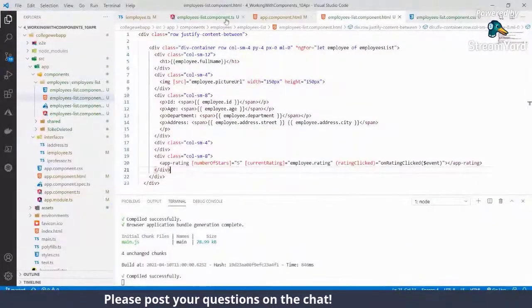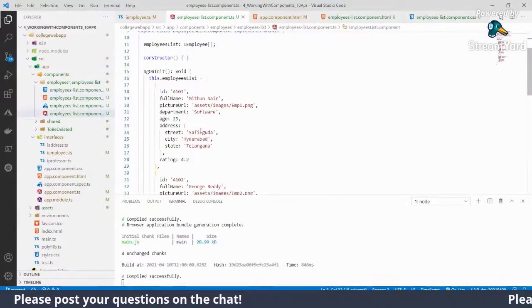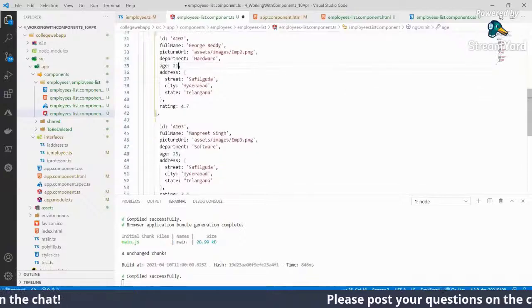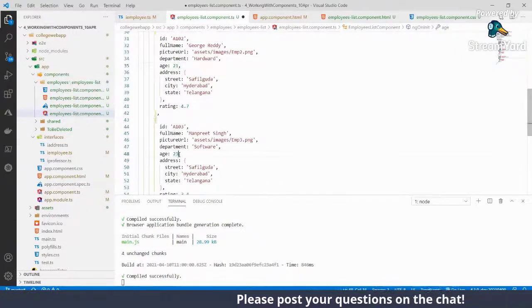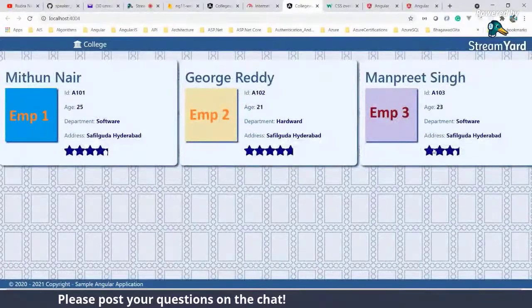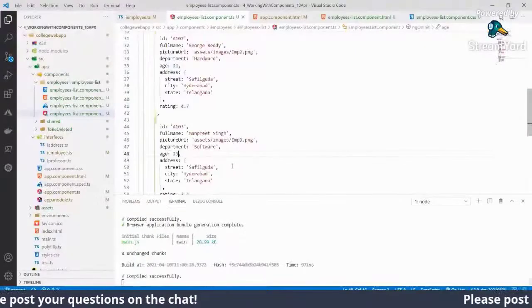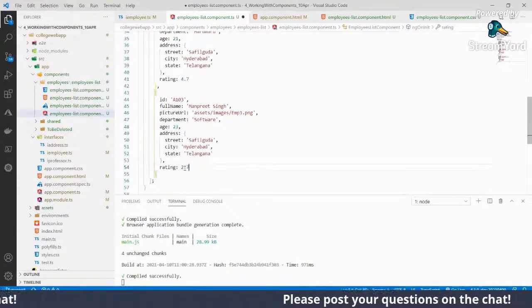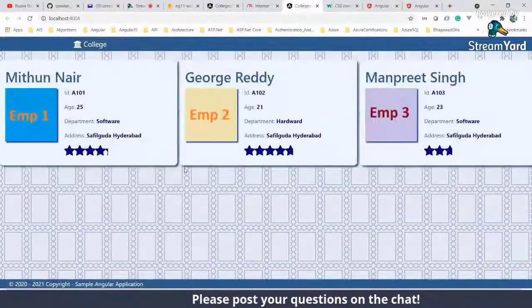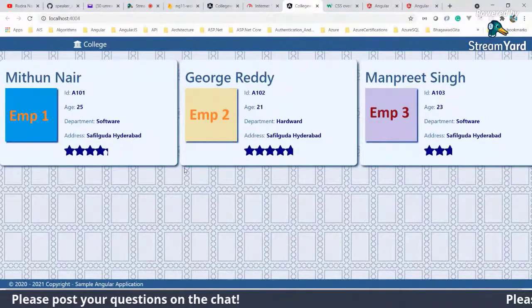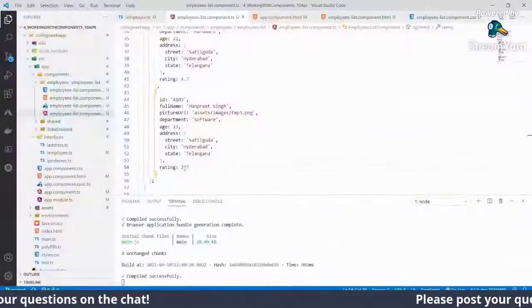Here we have hard coded the employees information. If you see, this is 21 and this is 23. The ages are differing, and you can see this Manpreet Singh is 3 point something. I will make it 2.7. Sorry, Manpreet, nothing. I'm just doing it for fun. You see based on that rating, it is getting adjusted.